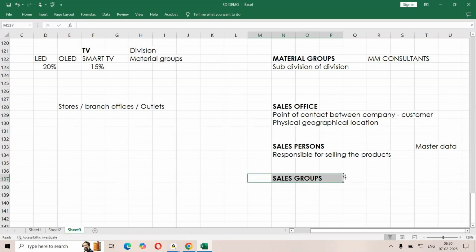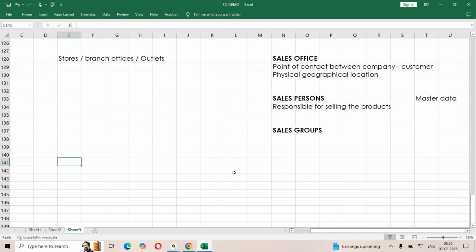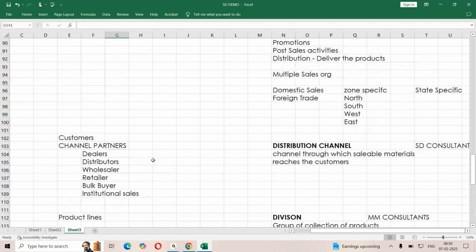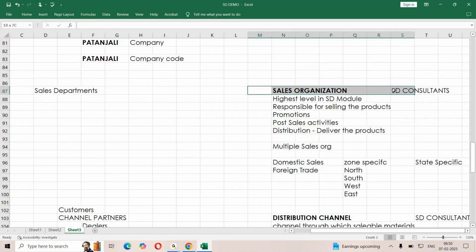Apart from this, you're going to have a purchase department. Now, the purchase department's job role is entirely different from sales. The purchase team is responsible for purchasing. The sales team will not have any authorization to purchase anything.